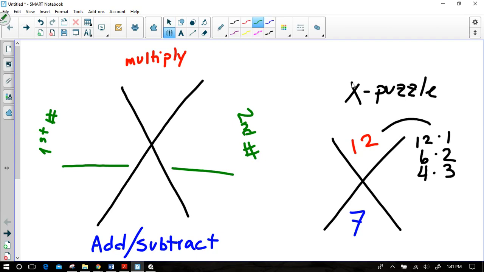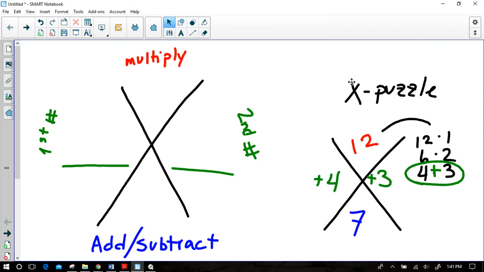And some of you jumped right to 4 times 3 is 12, but 4 plus 3 is 7. And that is absolutely right. So if you're going to fill in your puzzle, you would write 4 and 3, and I want you to be sure to note that they're both positive numbers. All right,